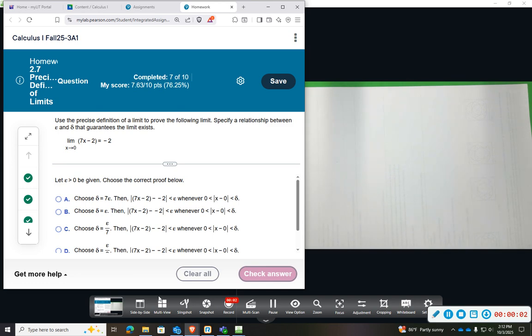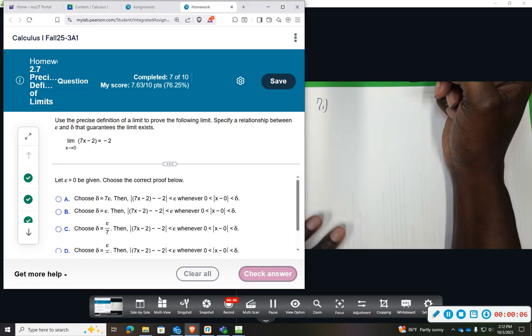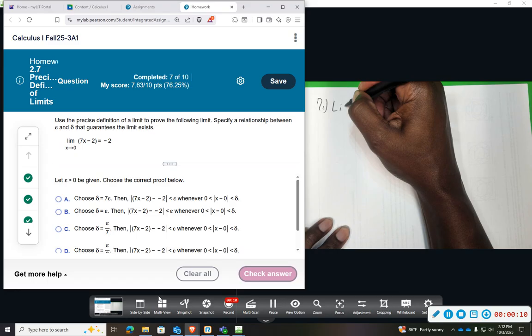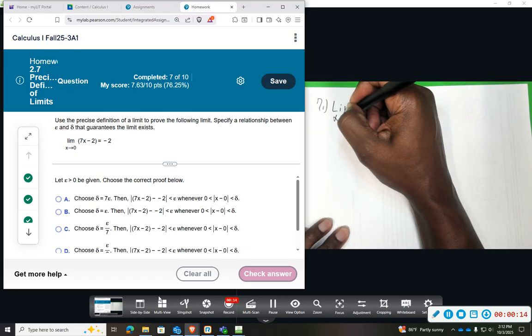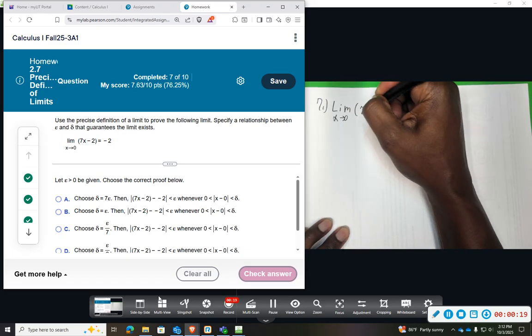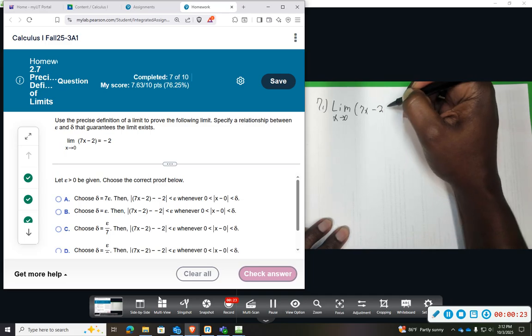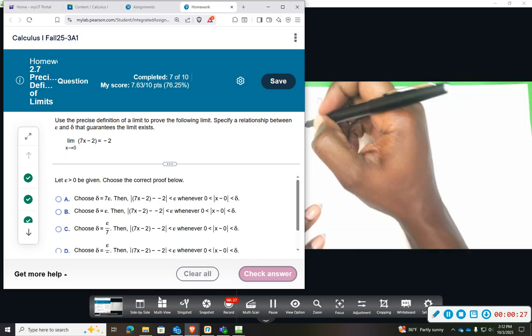Alright, number 7, we want to use the precise definition of limits and prove the following and show the relationship between epsilon and delta. The limit of 7x minus 2 equals -2. Okay, so the precise definition is